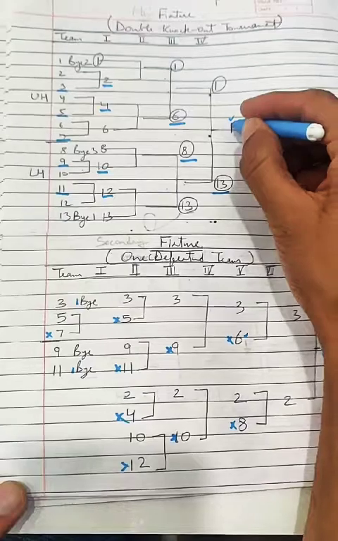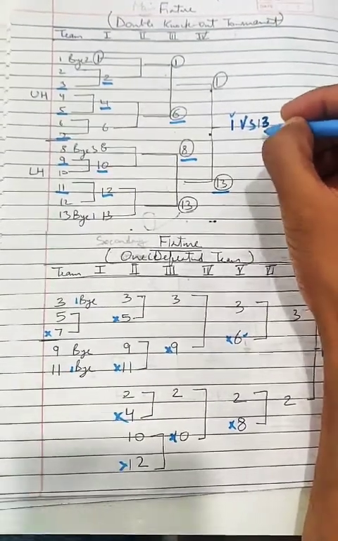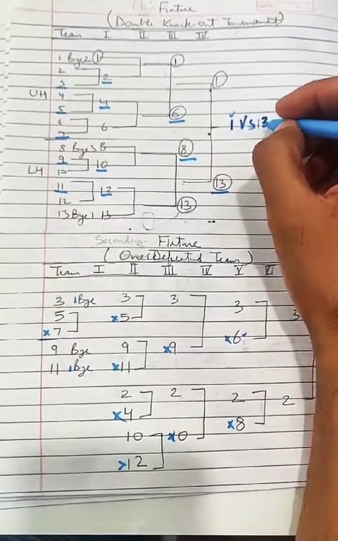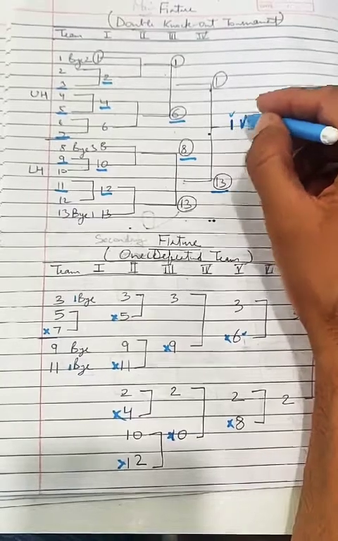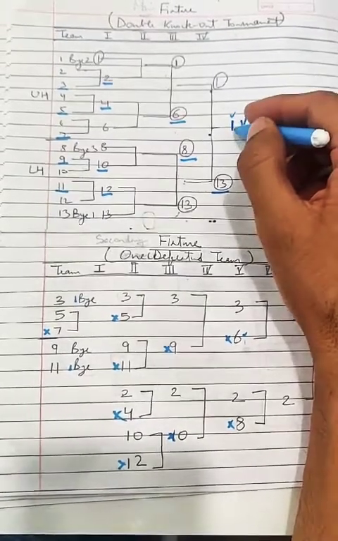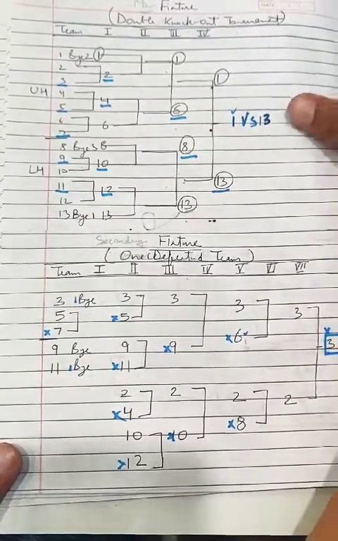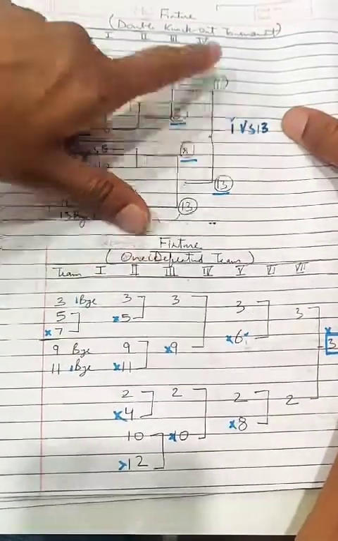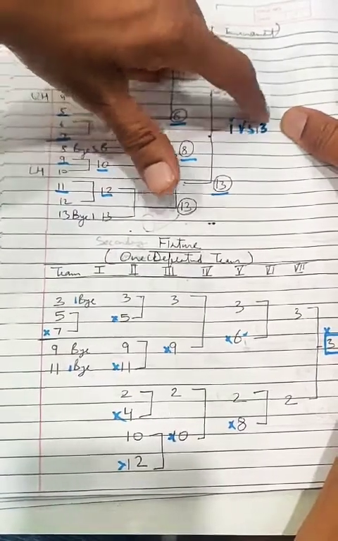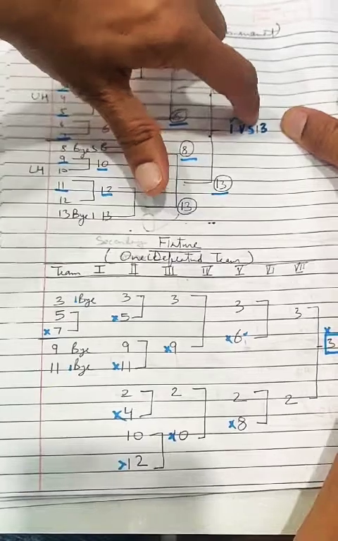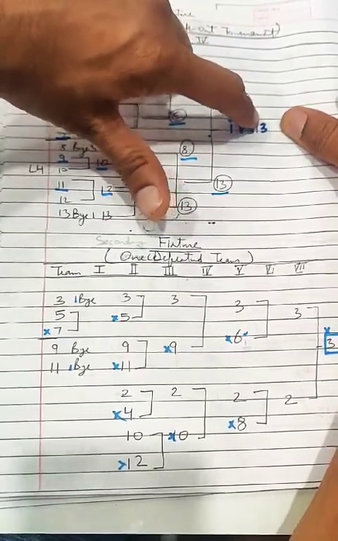So again there is a match between 1 and 13. 1 and 13 का फिर से एक मैच होगा. In case इस मैच को अगर 13 जीत लेता है तो 13 and 1 दोनों एक बार लूजर हुए हैं. But in case यहाँ पर 1 and 13 के इस मैच में 1 विनर हुए and again they are playing and again 1 विनर हो जाता है, तो 13 2 बार इस टूर्नामेंट में हार गया, तो 13 will be the runner-up of the tournament.